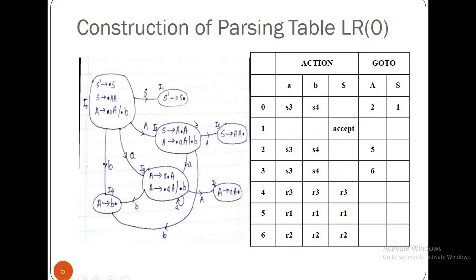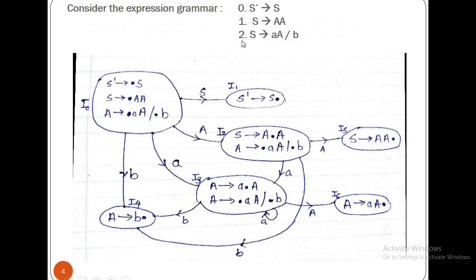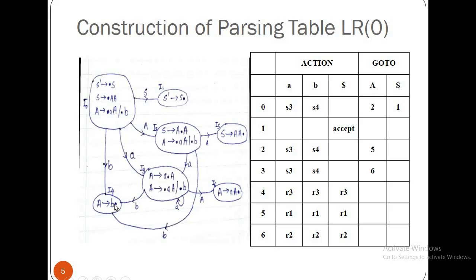So reduce is applicable to the states wherein dot is at the rightmost side, that are called final states. In that final state, let's say for example, if we take into consideration state I4, in that case reduce action is required to be performed by taking into consideration rule number 0, 1, 2, and this one is 3. So by rule number 3 the parser is supposed to perform reduce action, that is replace whatever is there at right side by LHS, that is what is done in reduce action. So that action R3 is written under all columns of terminals, right?